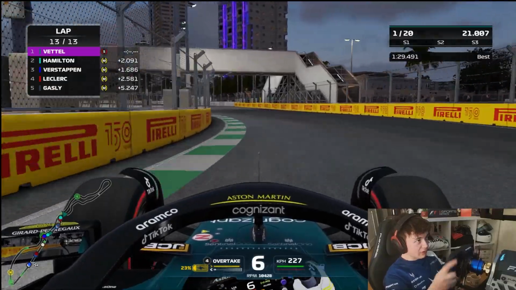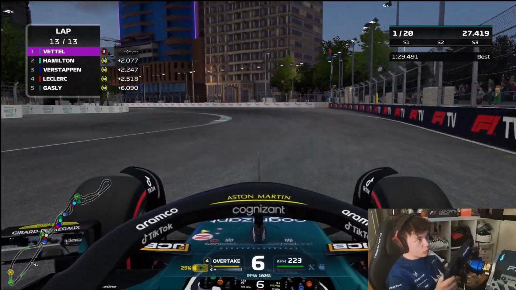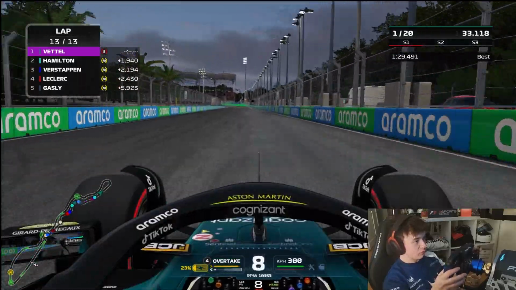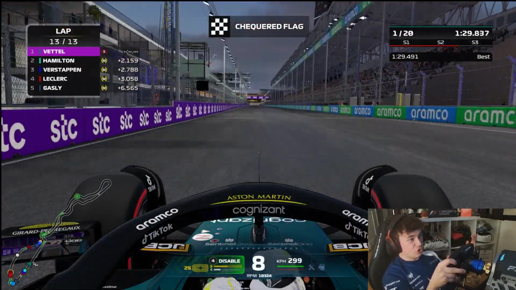Always making contact with the wall, we're getting smooth on the power. Smooth through here. Getting very close to these walls. Trying to extract the maximum lap time. So we've got 2 seconds to Hamilton right now. But onto the power, and judging by this race on F1 22, Aston Martin should be able to win this race